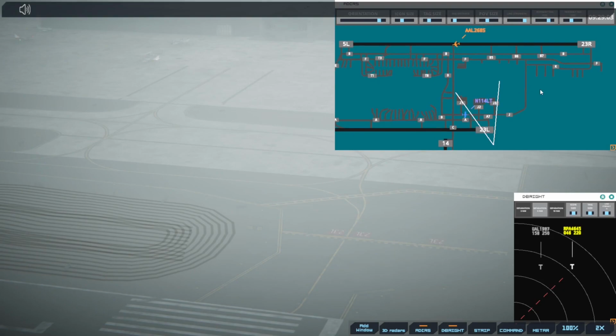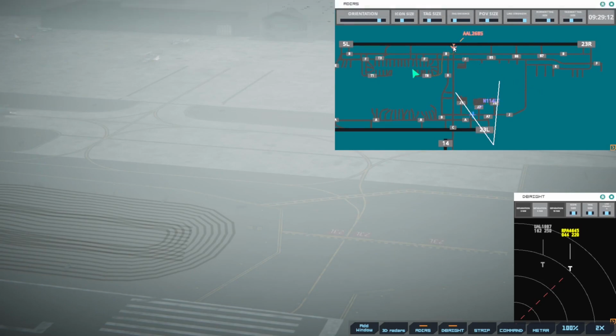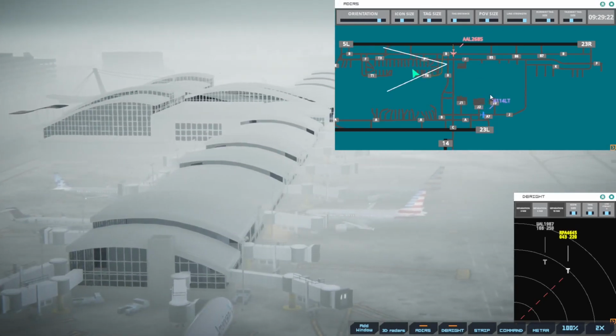November 114 Lima Tango. American 2685, taxi to terminal via Bravo. Just want to get in that habit. Taxi to terminal via Bravo, American 2685. Alright, so if I come...